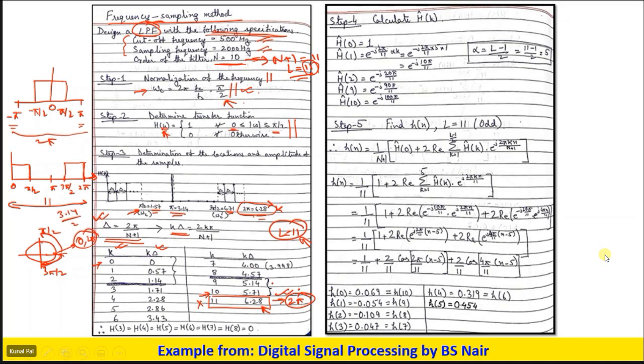Now, what is our cutoff frequency? Our cutoff frequency is pi by 2, which is 1.57. So for k equal to 0 the value is 0, which is less than 1.57. For 1 it is less than 1.57, then for 2 it is less than 1.57, then at 3 it overshoots. It is 1.71, which is greater than 1.57. So we have to take the regions of k equal to 0, 1 and 2.